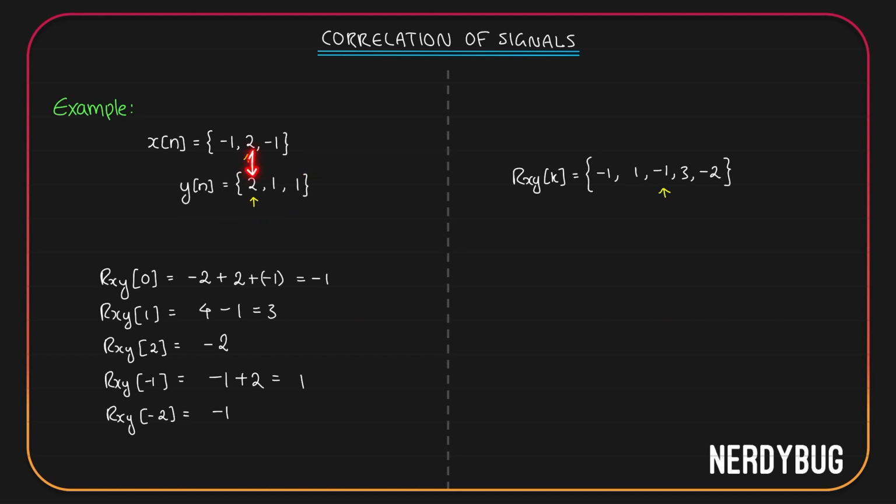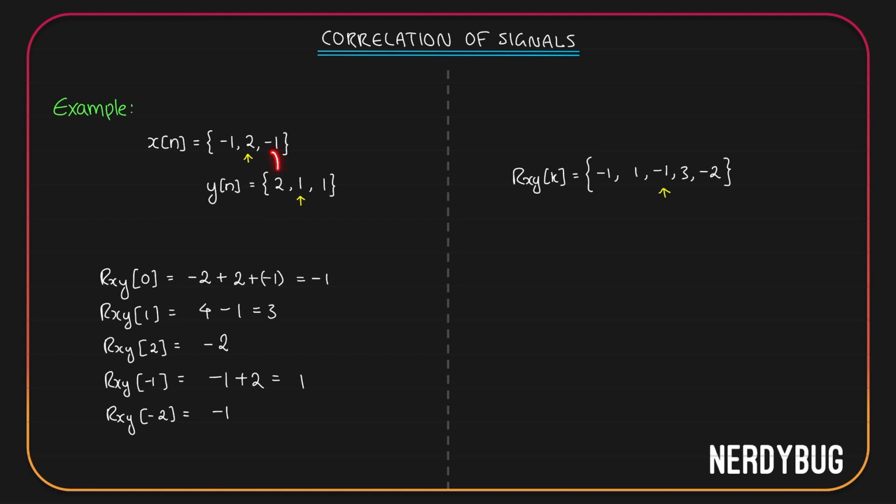Then these two terms became the same. This is 2, this is 2. These two are also ones, but one is negative, one is positive. So we can say there is some similarity between the sequences when the second one is shifted one unit towards the right. The least number we got is -2, which corresponds to a shift of 2 units towards the right. So let's see what happens.